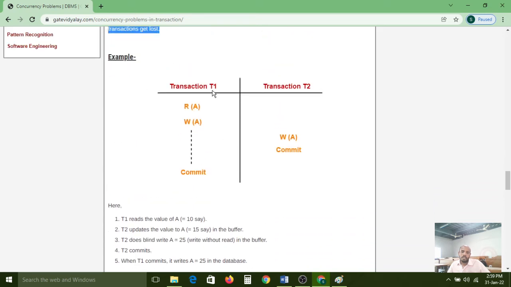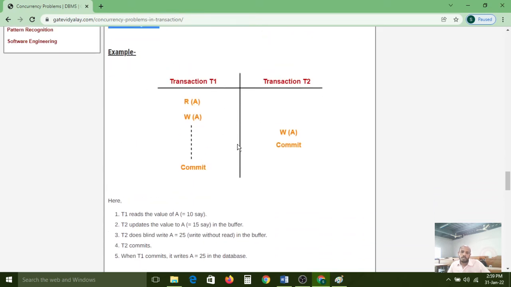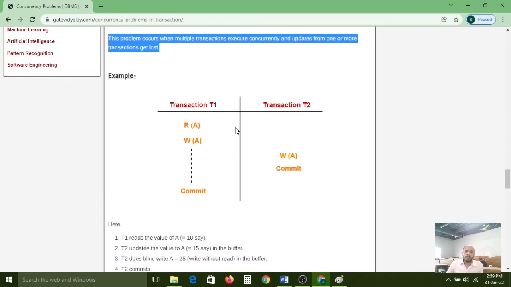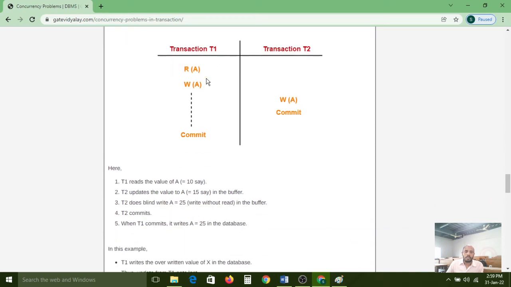Carefully observe, T1 and T2 transactions are going to access the same database, the A account database. Okay, multiple transactions. Here what is the concept going on? Concurrent transactions. What are the problems we are getting with concurrent transactions? So the third problem is what? The last update problem. T1 is accessing the same A account data, and T2 is also accessing the same A account data.